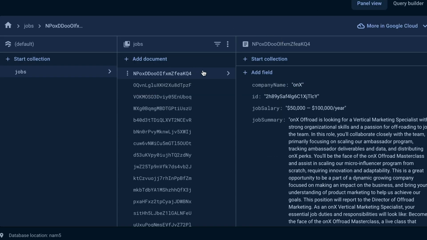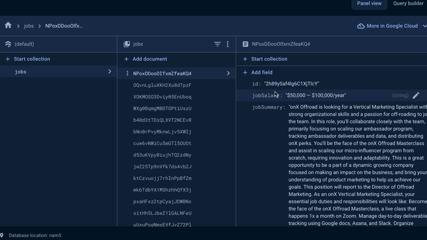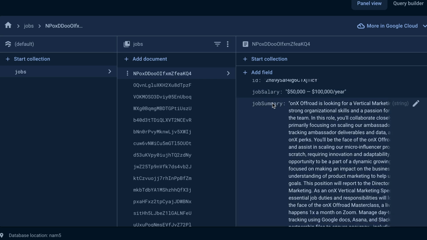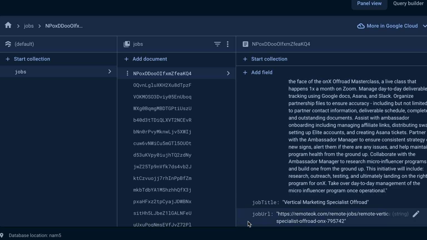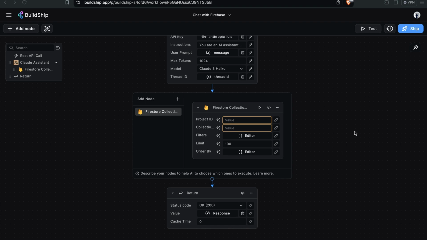If we look at one job, we can see that it has a company name, a unique ID, a job salary range, a job description, job title, and job URL. This is the data we want to give our assistant the ability to access and use as context to form up its responses. The first thing we'll need to do is grant BuildShip the permission to access our external Firebase